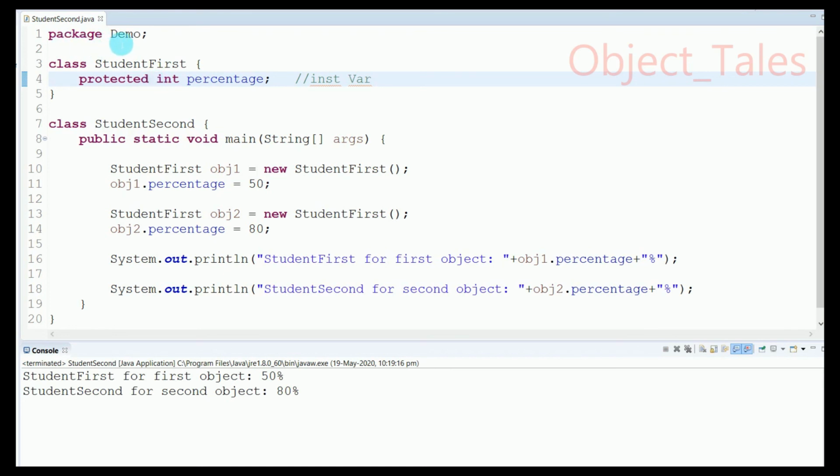For the same package, this percentage variable will be visible to other classes in the same package or to subclasses of this class. Okay, so I will remove this and keep it normal, like default.